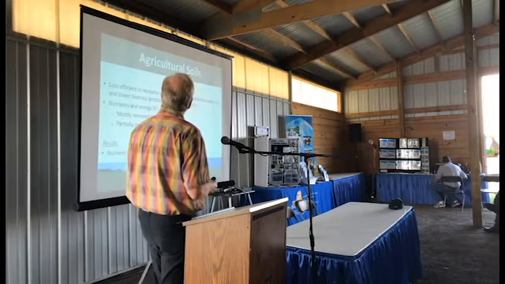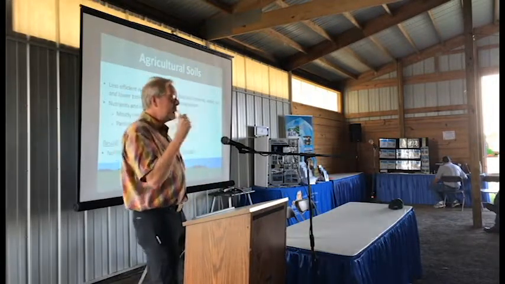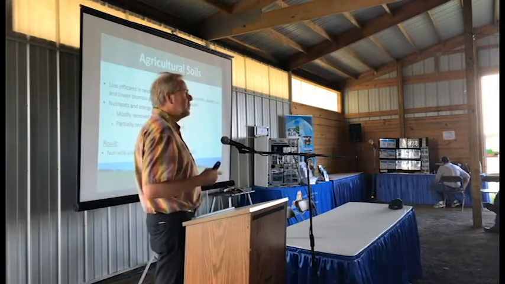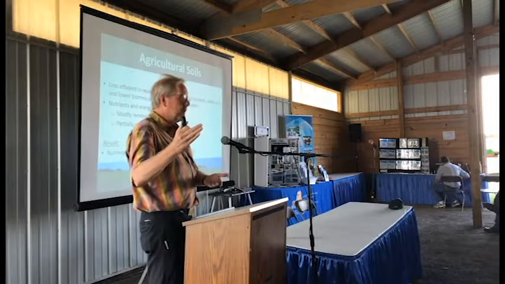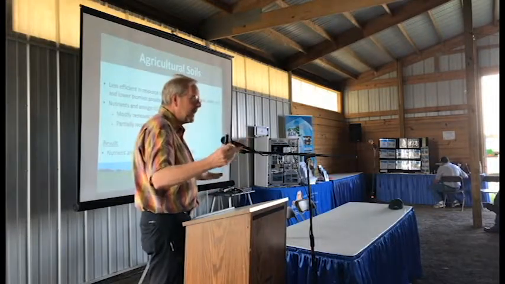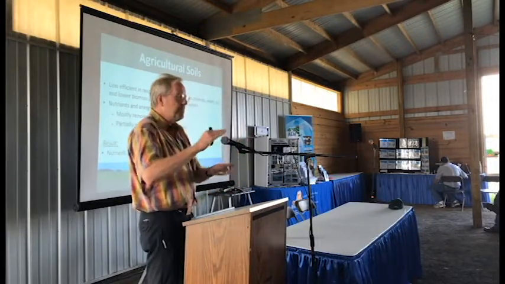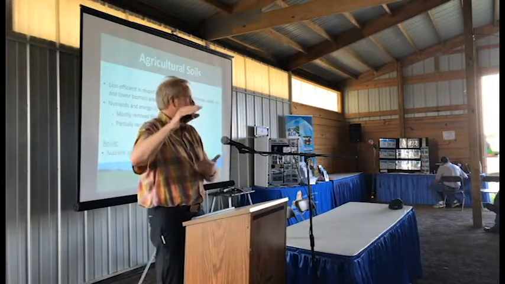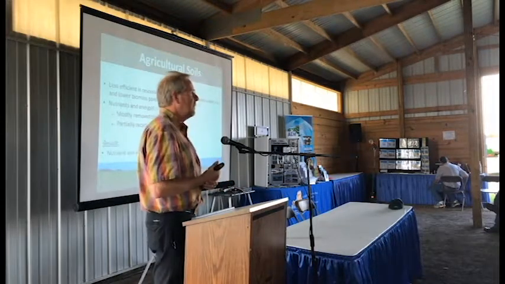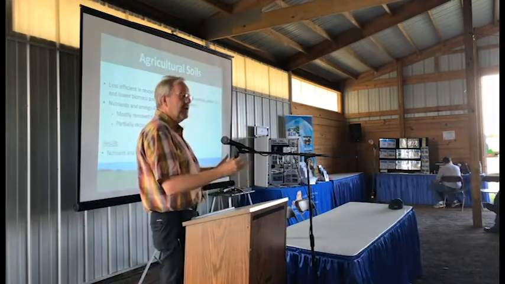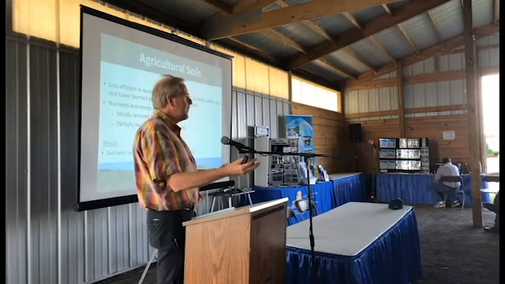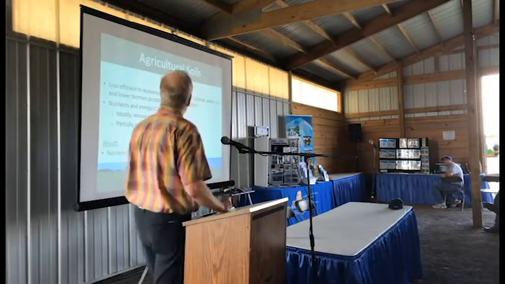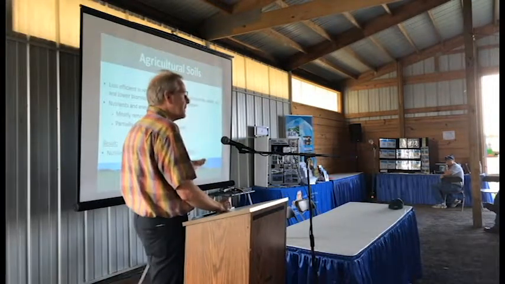All right, so agriculture soils are also less efficient in capturing the solar energy and the nutrients in the soil. Think about growing corn, right? Especially this year was kind of a late year because of the wetness. The plants didn't really start to accumulate biomass until the middle or end of June, right? And if you had a natural vegetation, as soon as things warm up in the spring and the sun comes out, you start to accumulate carbon and nutrients. Okay, so an agricultural system kind of challenges